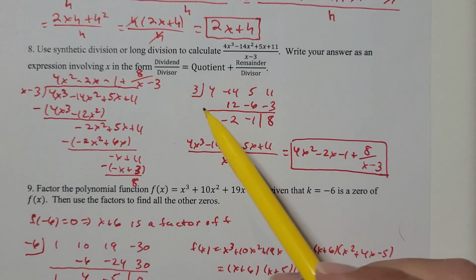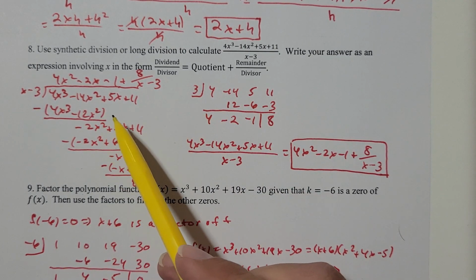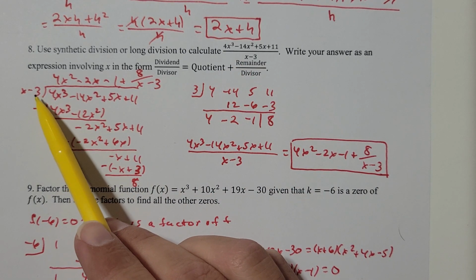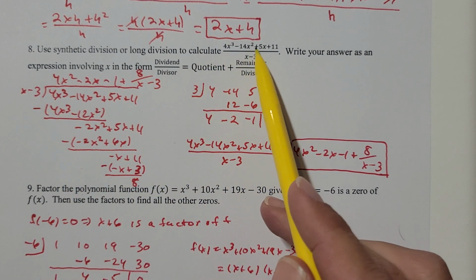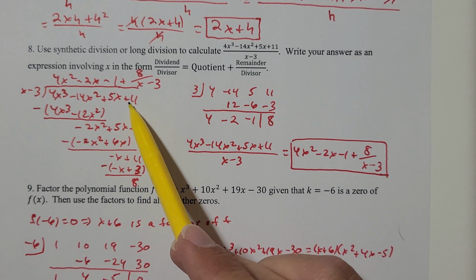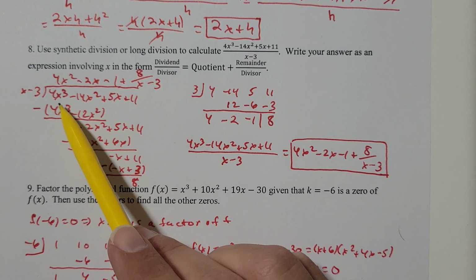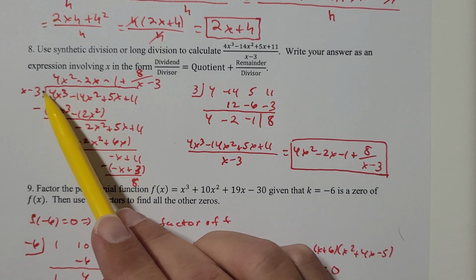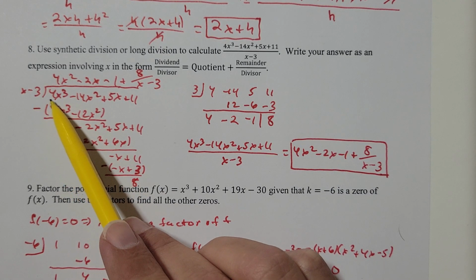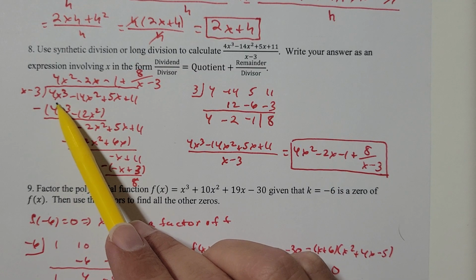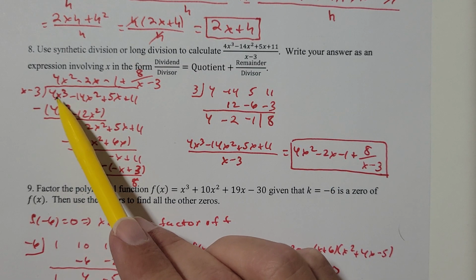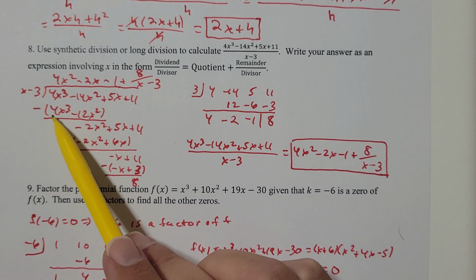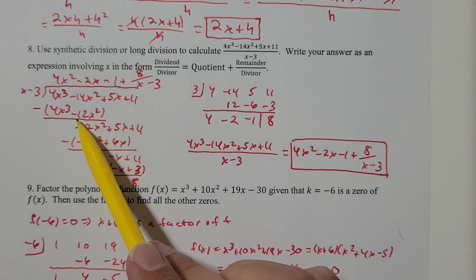Okay, so if I use long division, the expression that's in the denominator is always going to go outside the division bar, and the expression that's in the numerator is always going to go underneath the division bar. So now we're all set up to divide. Okay, and I'm thinking of an expression such that when I multiply it by x minus 3, the leading term is 4x cubed. If I take 4x squared and multiply that by x plus 3, I get 4x cubed minus